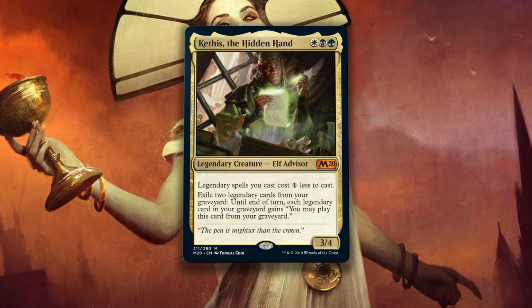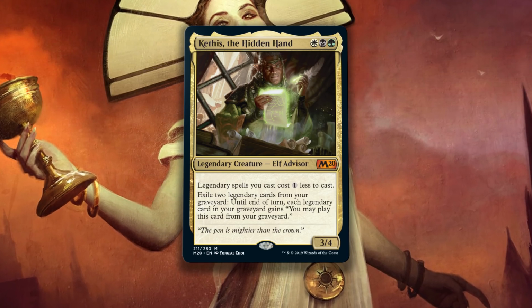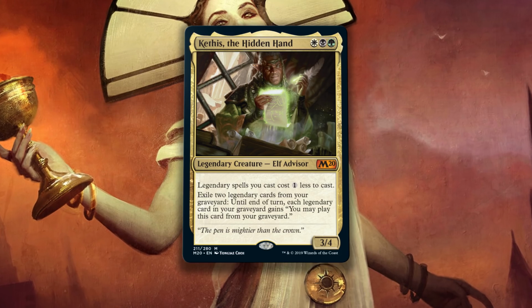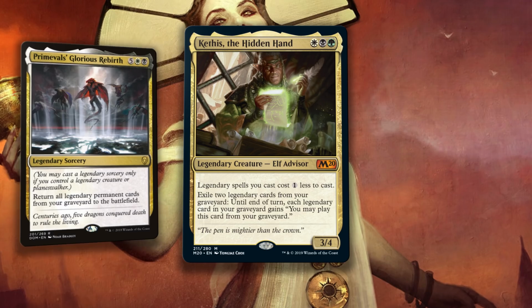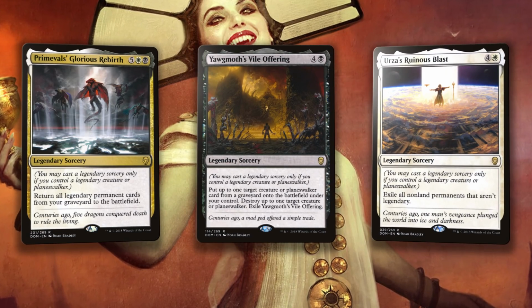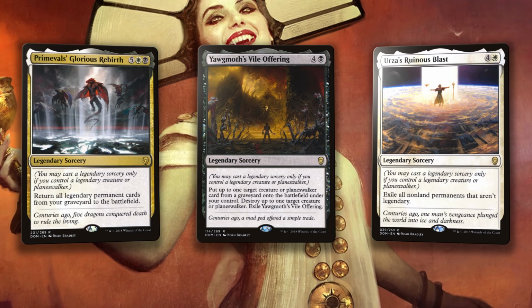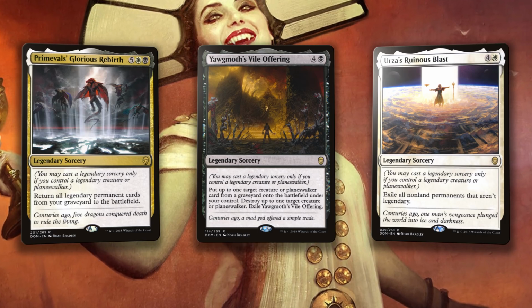Now, the most important part of this plan is to have enough legendary gas and fodder to fuel Kethis' recastability. So you're going to want to fill the deck with powerful but expendable legendary spells. For instance, Primeval's Glorious Rebirth, Urza's Ruinous Blast, and Yawgmoth's Vile Offering are perfect for this. All of them are powerful in their own right. If you need them again, you can cast them from the yard, but if you don't, they make excellent exile